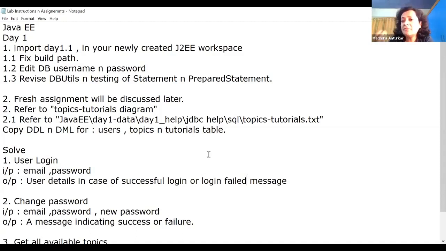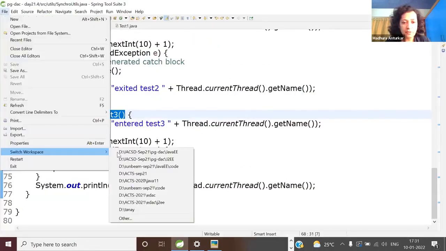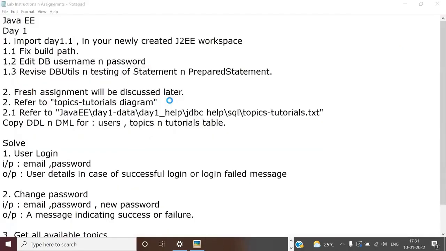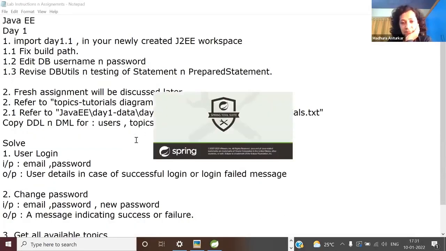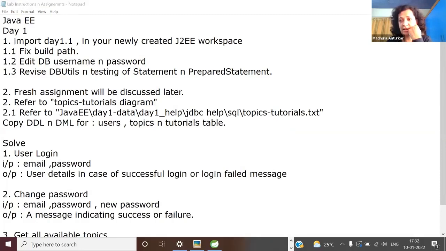Tell me, when you create a statement, do you pass the query in that or you don't? No, it can be done without a query too. Without query. One second, wait, I just share the screen so that you'll understand what I'm talking about. Switch to J2EE workspace. Just a minute. Statement versus prepared statement is a popular question. Let it just start and I'll talk.